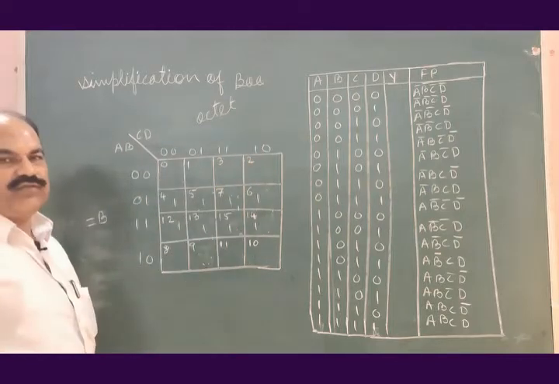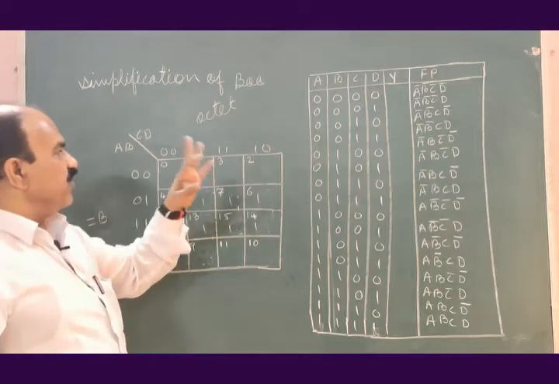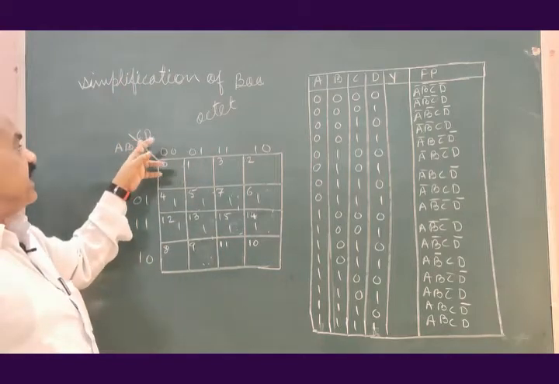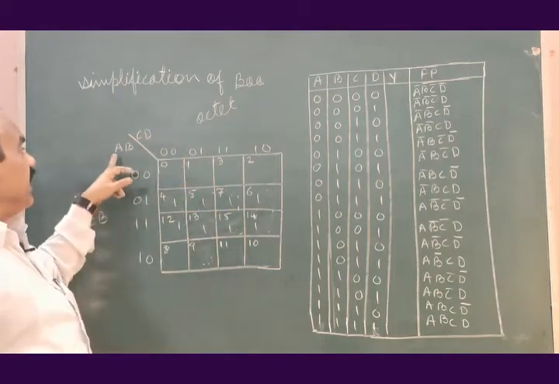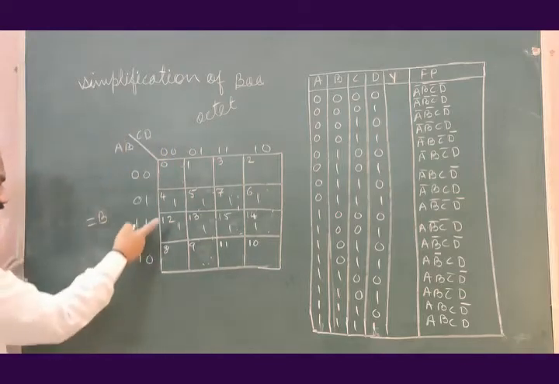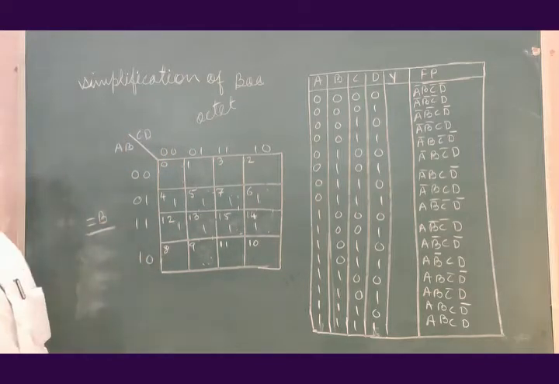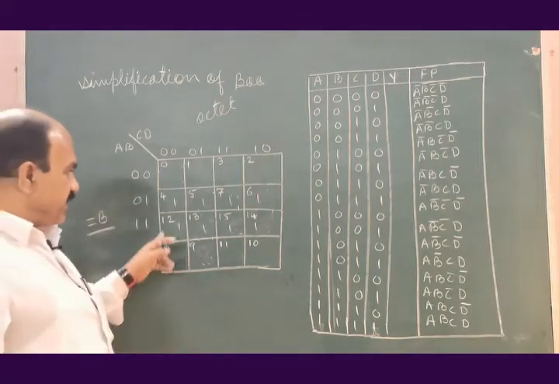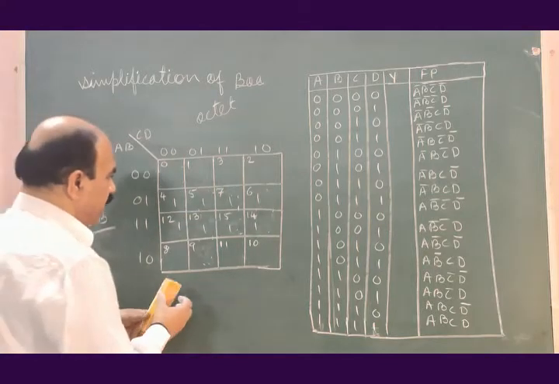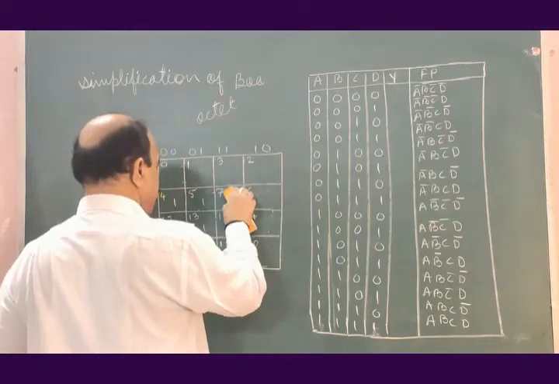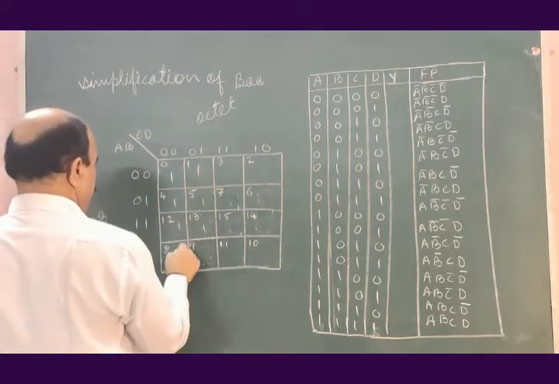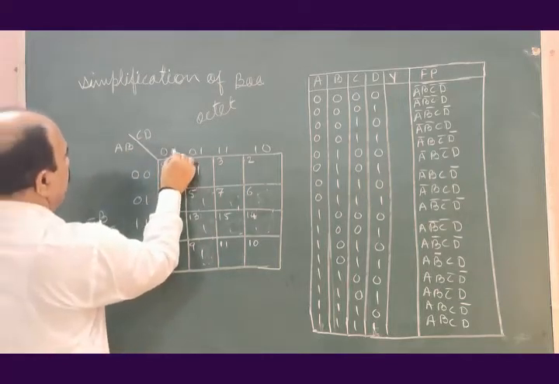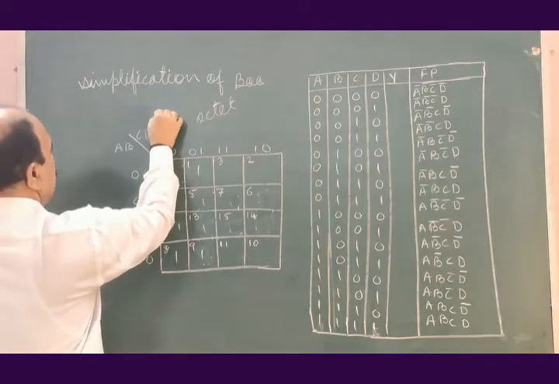All these are changing forms when we move from one cell to another cell. So C and D will go away, A and its complement will also go away, and this octet is only represented by B, the simplest possible form. Instead of this, if you have this type of octet, A, B and their complements will go away, D will go away, and the equation of this quad will be simply C bar.